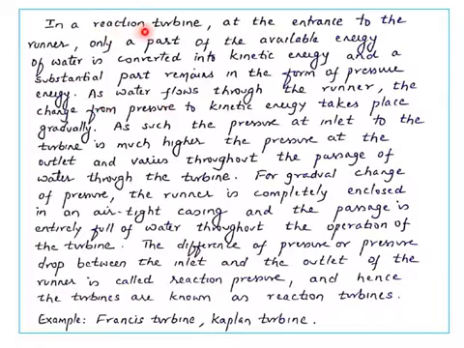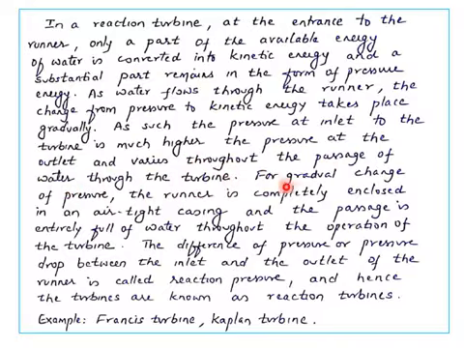But in a reaction turbine, the second type, at the entrance to the runner only a part of the available energy is converted into kinetic energy, and most of the energy remains in the form of pressure energy. Now, as the water flows through the runner, the change of pressure to kinetic energy takes place. As such, the pressure at the inlet to the turbine is much higher than the pressure at the outlet, and it goes on varying throughout the passage of water